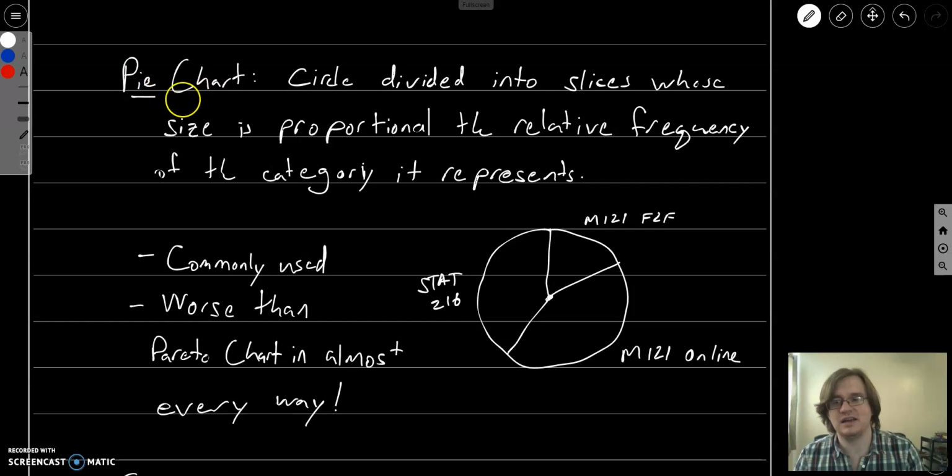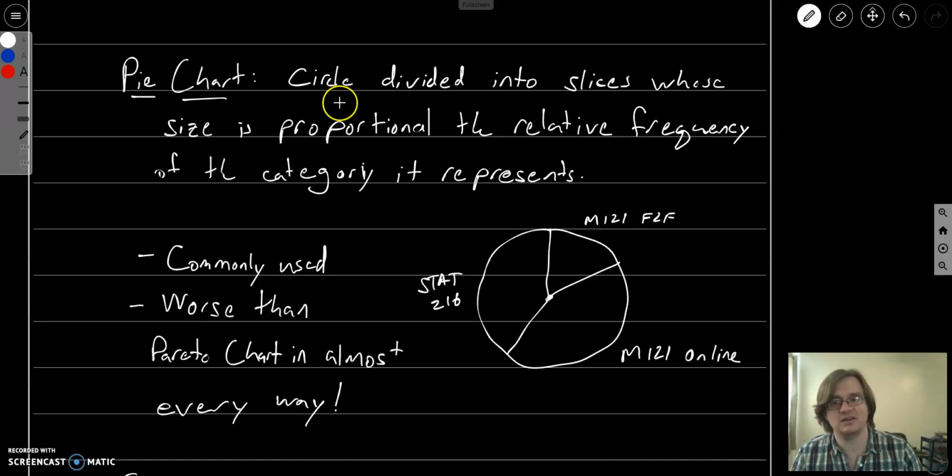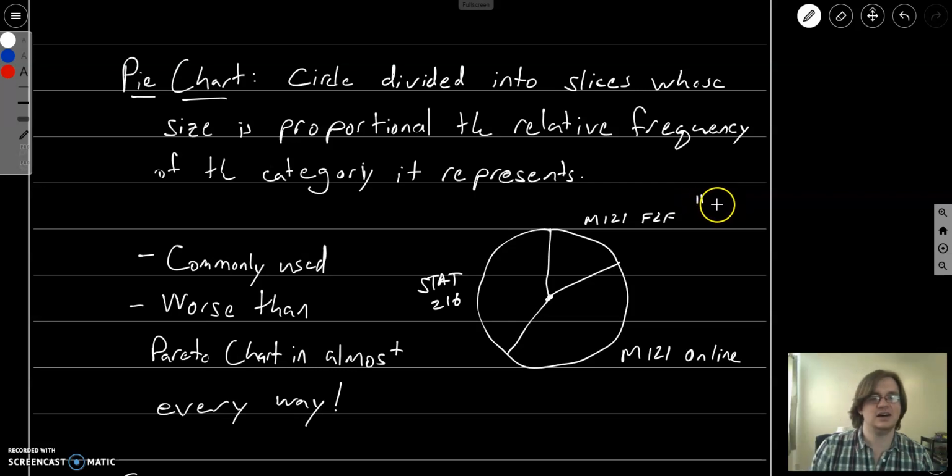And essentially the goal here is to convince you that pie charts are bad. So again, with a pie chart, you take a circle and you divide up the area essentially into slices, where each slice is proportional to the relative frequency. So for instance, in the previous chart, this course had 11 students in it, and I would want to create a slice whose angle right here is going to be proportional to 11 over the total number of students